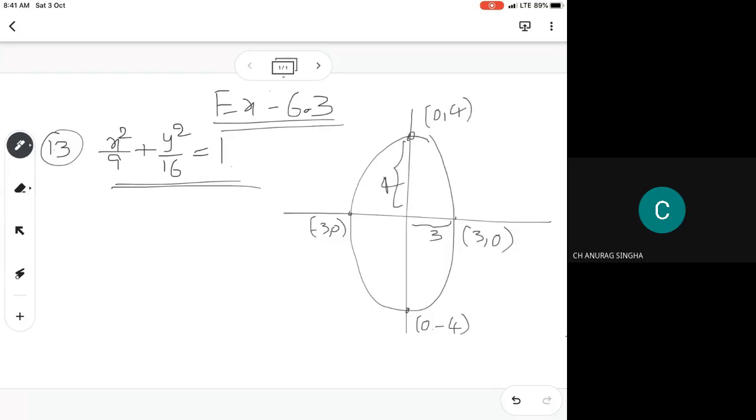What is this curve? It is easy to draw, because you learned in 11th class that this is the equation of an ellipse. When the question asks for the tangent, you have to draw it. This is the tangent, and this is another tangent which is parallel to the x-axis, so the points of contact are (0, 4) and (0, minus 4). Another question asks for tangents parallel to the y-axis; the points are (3, 0) and (minus 3, 0). The problem is completed. Did you get my point?